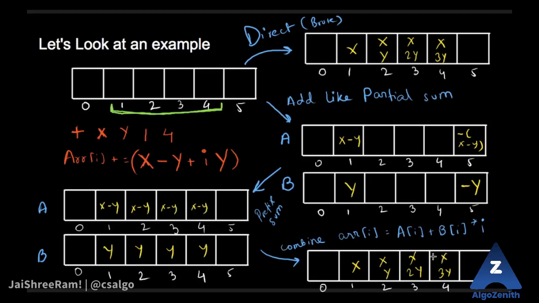So we get this array, right? And if you see, this is actually exactly the same, like all these values and all these values match correspondingly. So we are actually getting the correct value, and in fact that should be the case, right? Because whenever we are adding it in the range over here in the B, in the actual array after the prefix sum, it would be these contributions over here, and when we combine it using this rule, we are actually doing this itself. So y is getting added correspondingly as B of I times I in this expression. So we are doing this expression only. Okay,